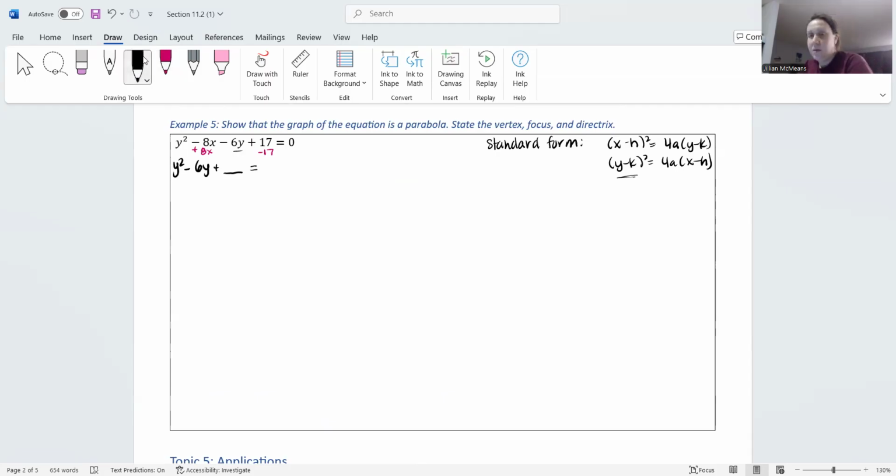So when I subtract them from the left, they don't go away, they cancel, but then they're going to get moved to the right. So the right-hand side is going to be 8x minus 17. And then don't forget, leave a little space because we have to complete the square. And when we complete the square, we add something to both sides of the equation. So to complete the square,